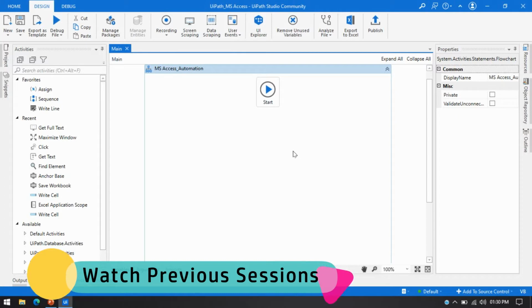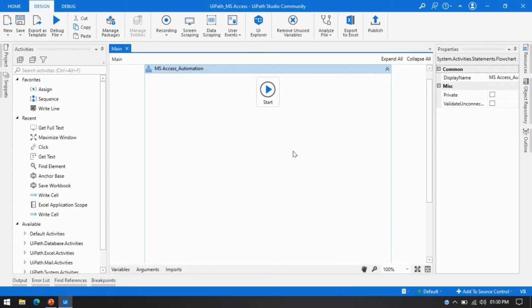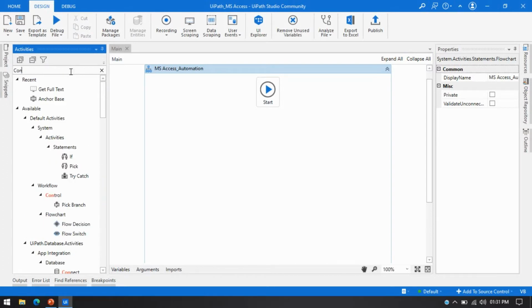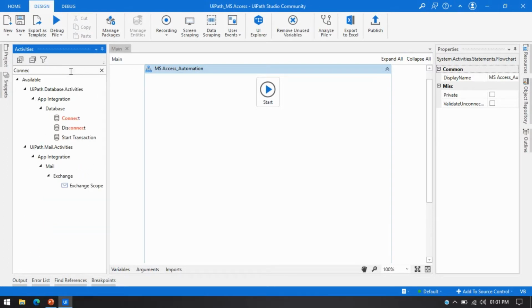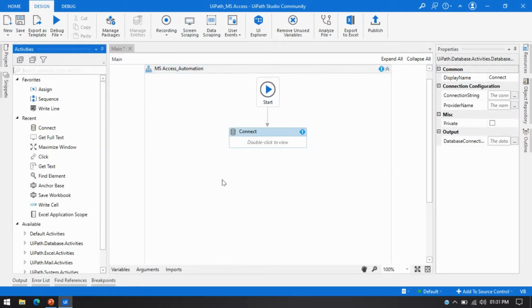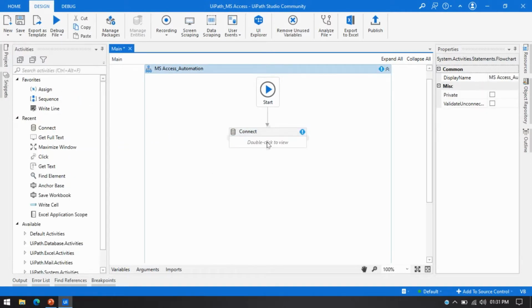To establish a connection between UiPath and MS Access, first I'm going to use one activity, that is the Connect activity. The Connect activity is used to establish a connection between UiPath and MS Access. So I'm going to use this one here. Now first, to connect